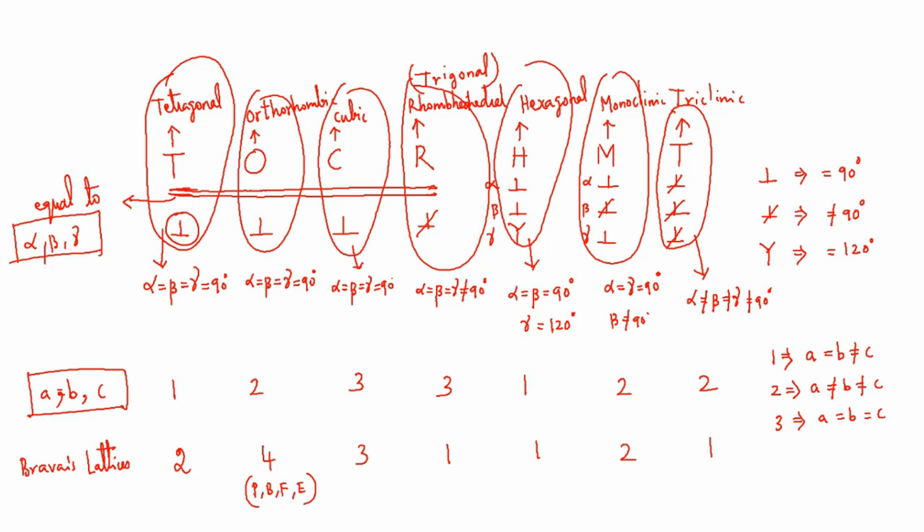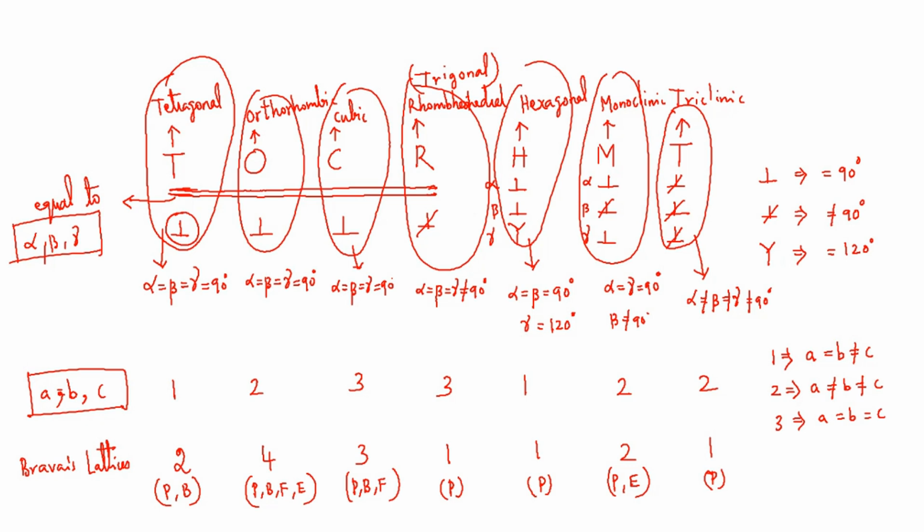In cubic, primitive can exist as well as body centered and face centered can exist. Definitely end centered unit cell cannot exist. So 3 is given. The number 1 indicates primitive type unit cells, and here 2, definitely primitive comes as well as body centered, and here primitive and end centered. You remember with alphabetical order, B comes first, so B comes here first and E is next.